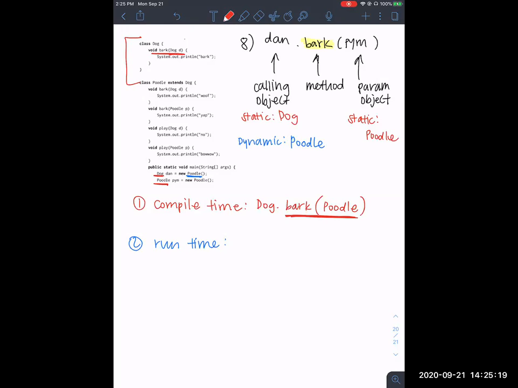But the rule is that since a Poodle technically is a Dog, you can actually use this bark method listed here and lock that in as your method. And so it will not have a compile time error. To clarify this a little further, a Poodle has an is-a relationship with Dog. The reasoning for that is because here we see that Poodle extends Dog,